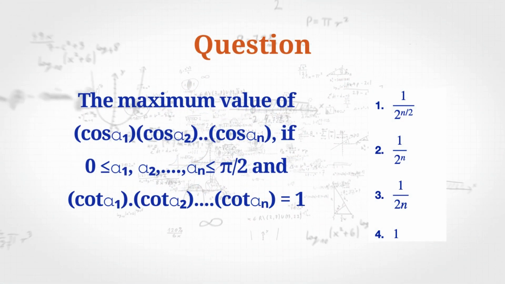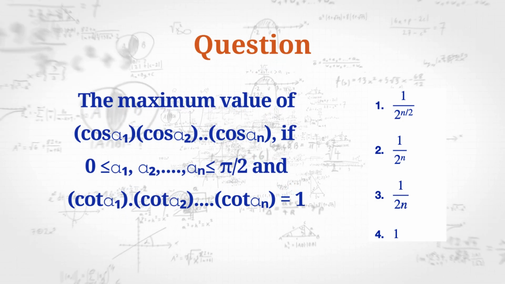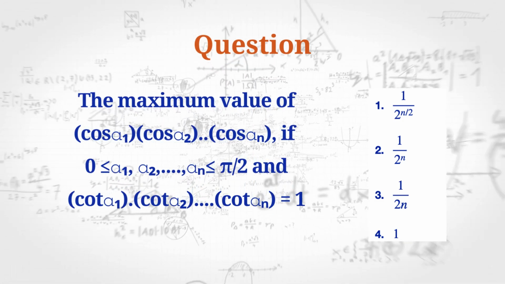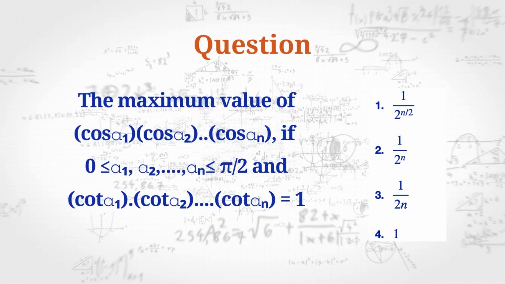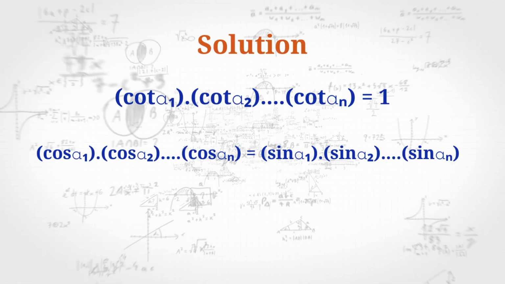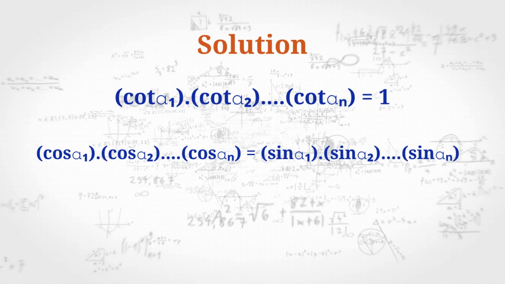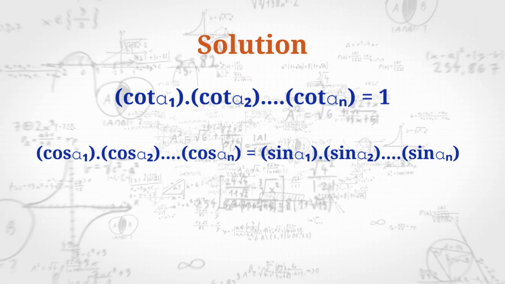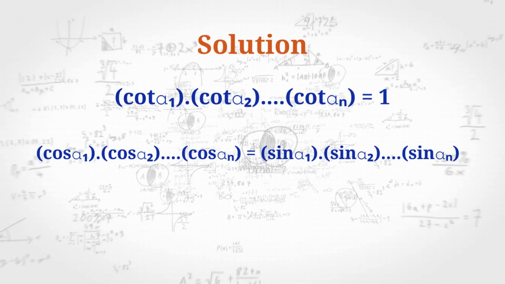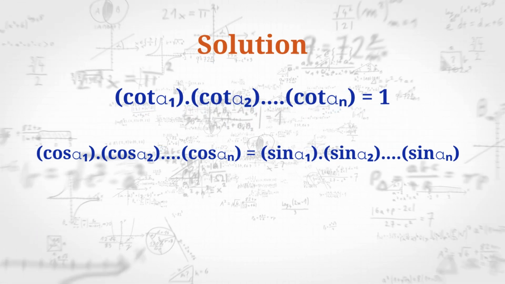Find the maximum value of cos alpha 1 times cos alpha 2 times so on up to cos alpha n under the given restrictions. Writing cot alpha 1, cot alpha 2, and so on up to cot alpha n equals 1 in the form of cos over sine and manipulating, we get cos alpha 1 times cos alpha 2 and